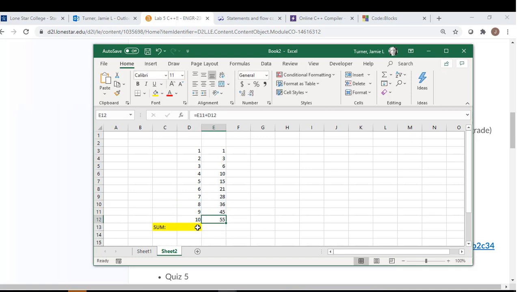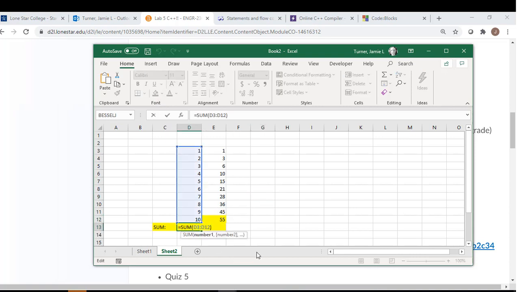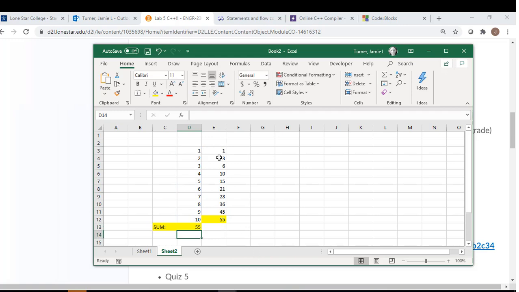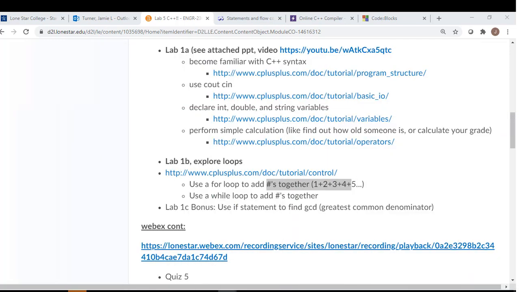And then by the time I get to the base, I've reached that same number of adding all of this together. So if you think about all these little calculations that are happening to finally get to the end result of adding everything in that column together, this would be a good example of something that could be done in a loop. Okay, so now that you get the gist of what we are trying to accomplish here,